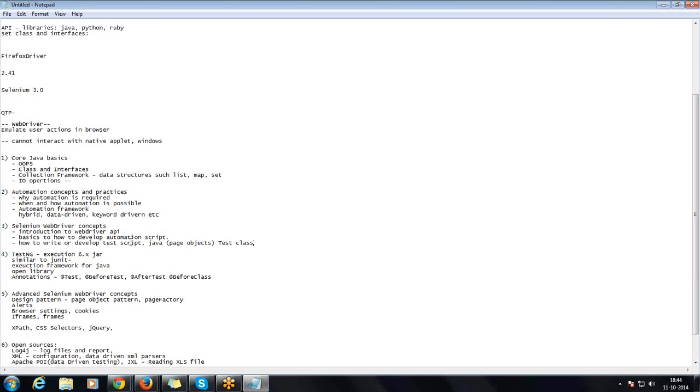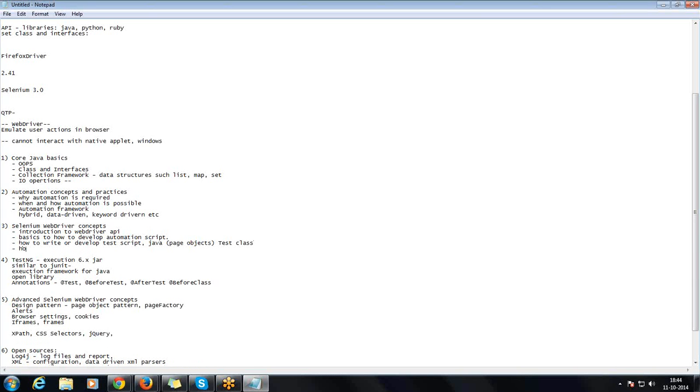Here, basic how to identify web elements. A web element means nothing but an object in the application. In advanced we'll cover XPath and how to run tests on multiple browsers